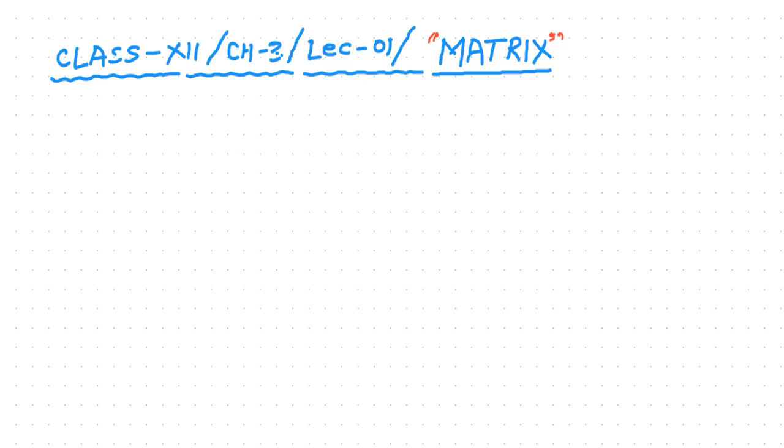Now, without wasting much of our time, we will directly move to the topic. First, I will tell you the definition of a matrix, then I will explain what the actual purpose is, why we require this matrix in our day-to-day life, or we can say this is mainly used for research purposes where we have to handle a large quantity of data at a time.